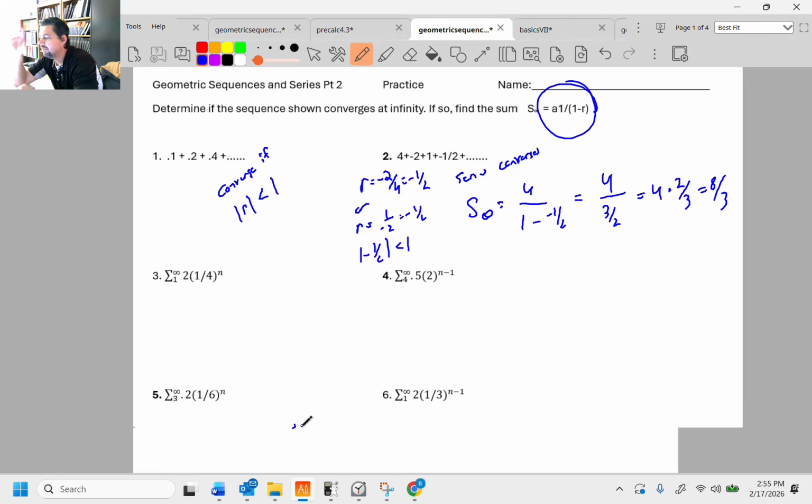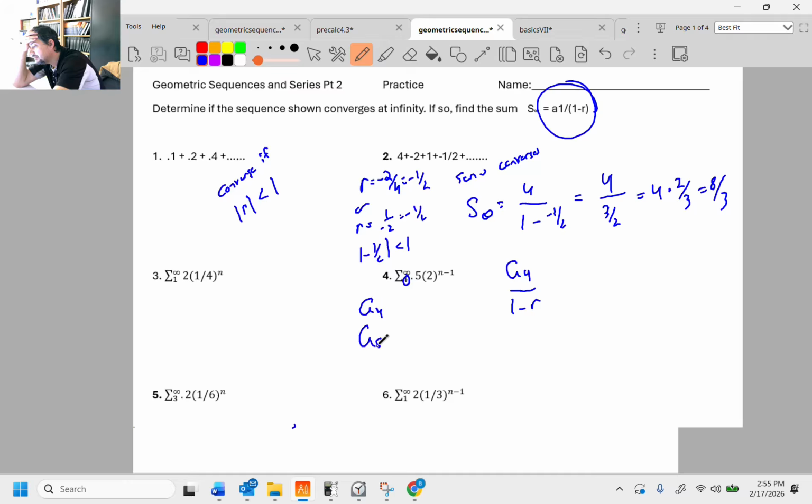Now, the 4 is a little tricky because sigma's not starting at 4. So the first term here is actually going to be a sub 4 over 1 minus r, not a sub 1. We're starting at 4. Now, it doesn't really matter on this problem because, honestly, you may not see it, but